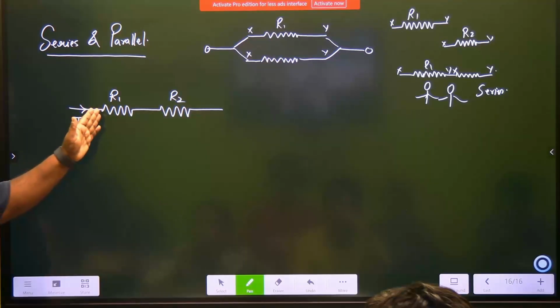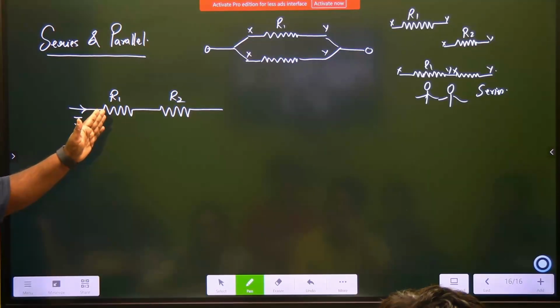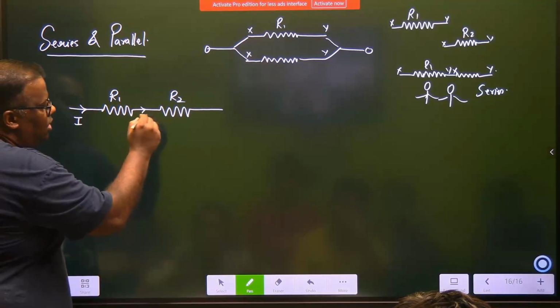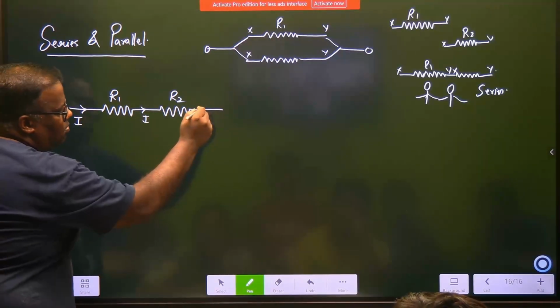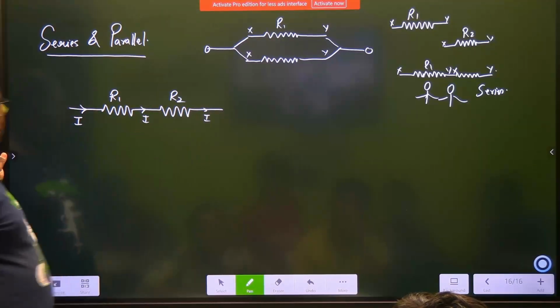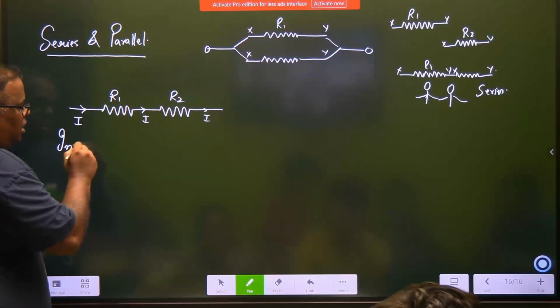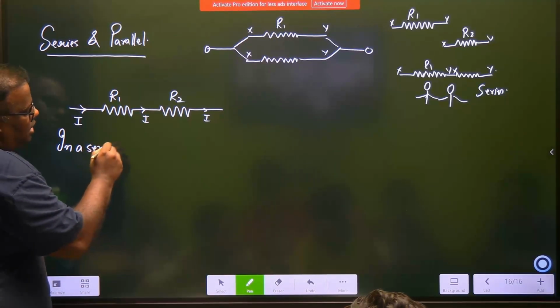So current is coming. Any other gateway found? No. So again, same current goes here. Same current goes out here. Have you understood? So in a series network,